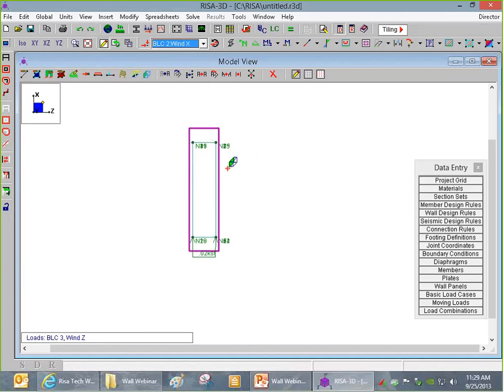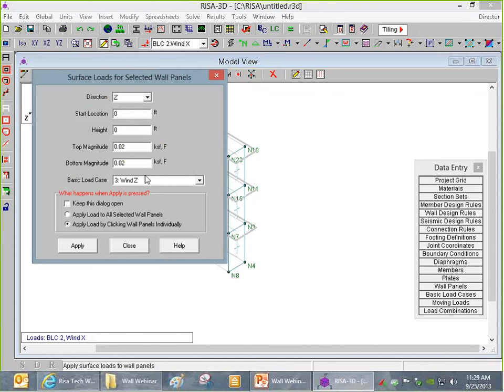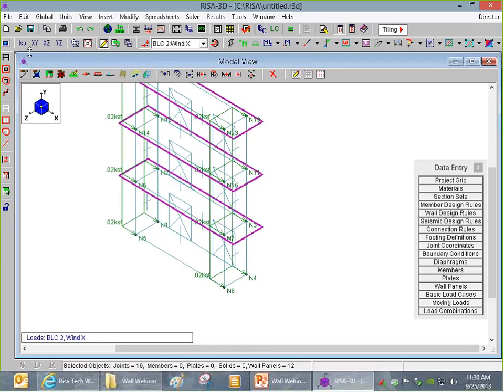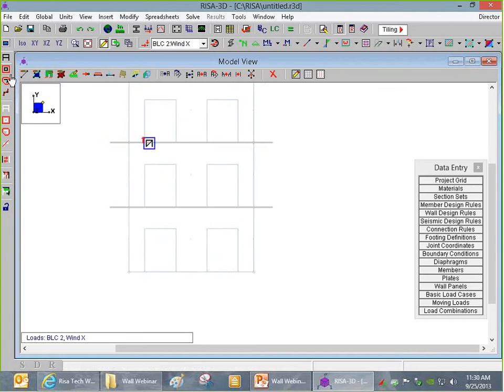Let's just see. So we've got it applied on that side. Here I want to put in that 20 PSF X direction wind load on these walls. And so this will allow us to compare against a short span direction versus a long span direction. Essentially what I've got going on here is if I isolate the middle floor of this structure,